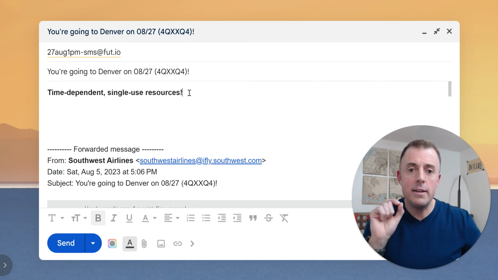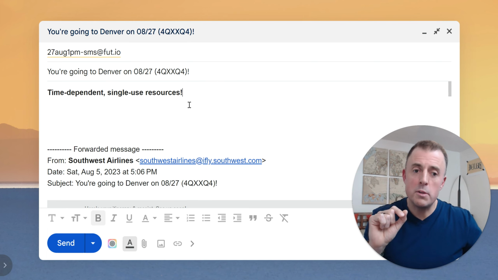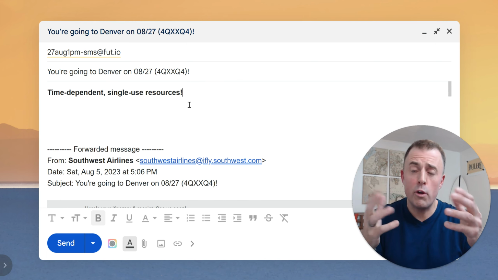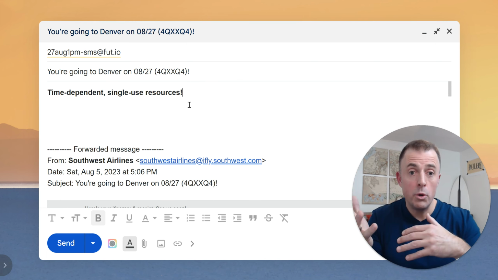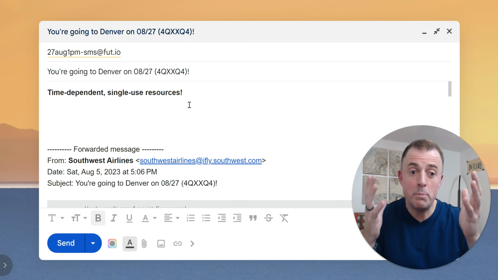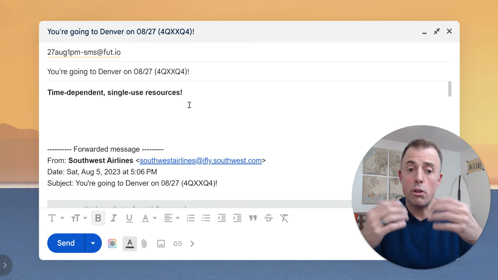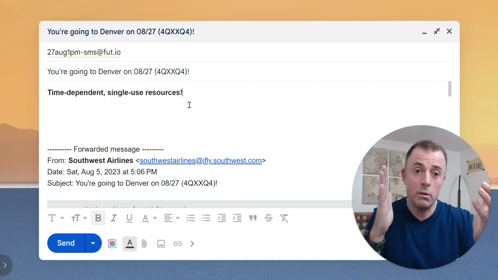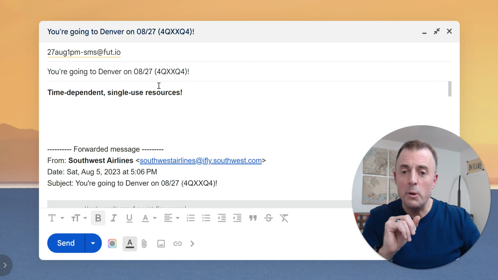So time dependent, single use. Single use here is important because if this is something we use over and over again, we just save it to our computer, Google Drive, Dropbox, wherever you keep your stuff. But this is single, it's a throwaway item. It's very, very important, but only once. All right, so